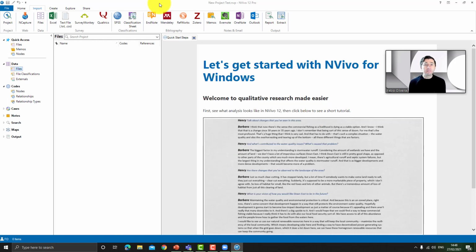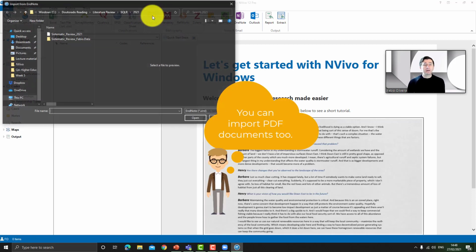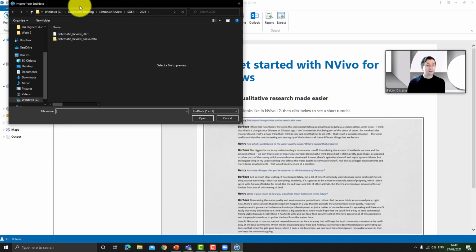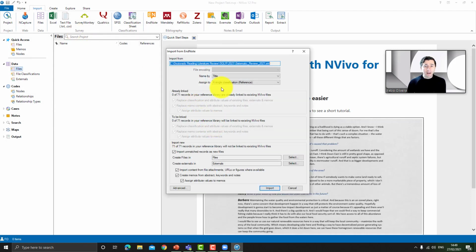a quick overview about the most used words in all the articles that you have. I will give you one example. So I will import one library that I have created for a systematic review. You can see that it's directly linked to my desktop. I have here a library built with 71 articles. I will import this library here, and it's very powerful.